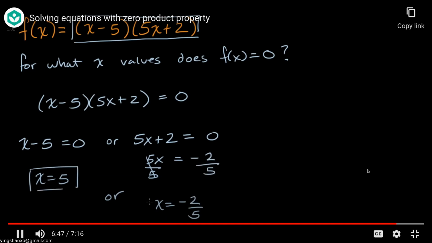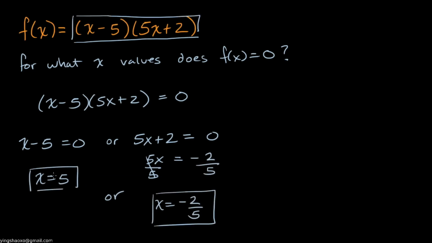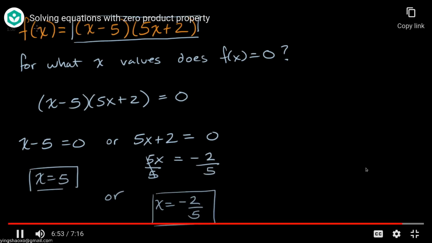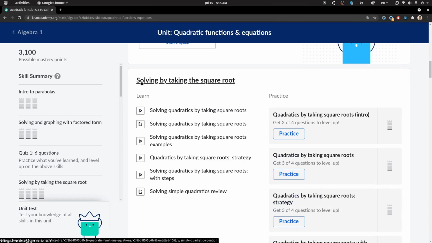Here are two zeros. You input either one of these into f of x. If you input x equals 5, if you take f of 5, if you try to evaluate f of 5,